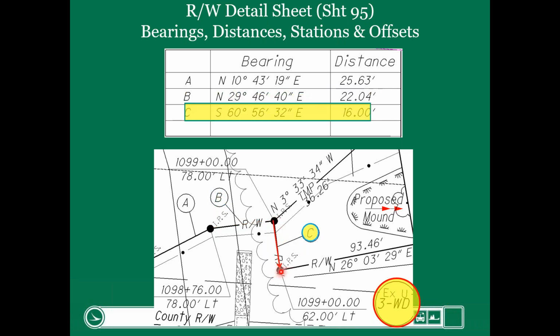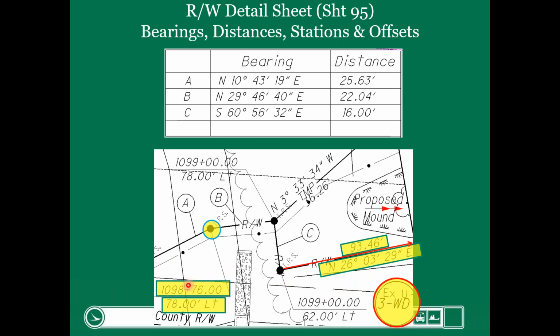Here's C, and then here we had room to include the bearing and the distance along the proposed right-of-way line. Ultimately, we'd keep going around until we got back to the point of beginning. But that is describing the bearing and the distance along the proposed right-of-way line for parcel 3D. Now, real quickly, I want to cover, every time there's a break in the right-of-way, the angle, change